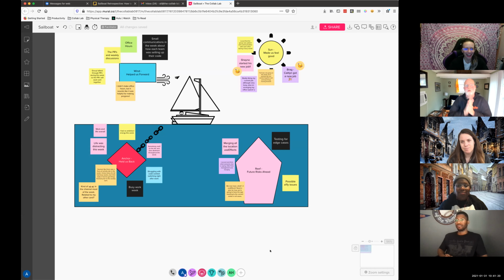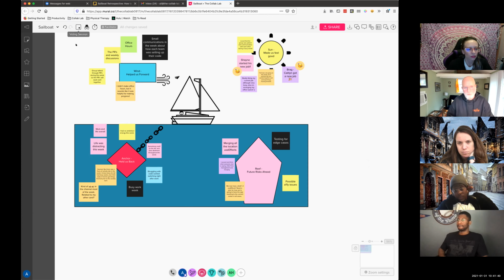Yeah, no problem. So what might make sense would be to take 1 minute to have everybody read through all the cards. Okay. And then we could take a second to group anything that's similar. And then Mural has a way to do voting. Up on the top toolbar, Allie, you'll be able to do a voting session. So maybe the first thing we do is read through the cards for a minute. Okay, so Ray, just take a minute and read.